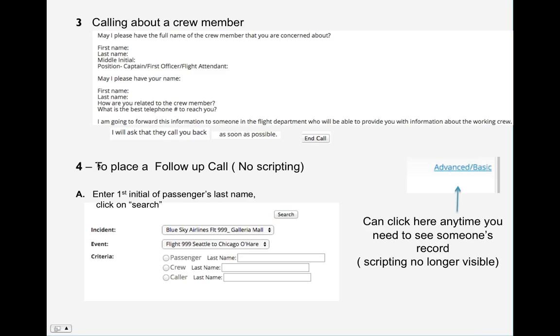And just to mention to you, these are the two versions of the main screen. This refers to the fact that if you are in the basic view, you are seeing that scripting that we're going to walk through in just a minute. In order to get to the advanced view, which you'll want to do after you get assigned a family, in other words, you don't need the scripting anymore.